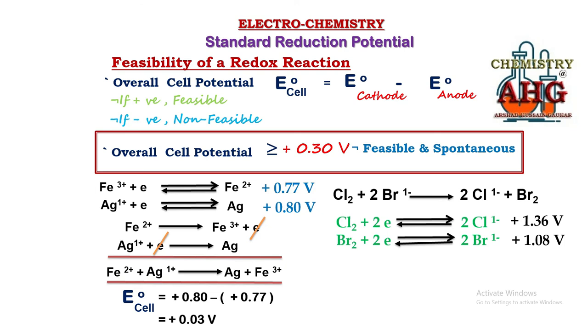So if the chlorine half cell is undergoing reduction, it means Cl2 must be the reactant. Now look at the main chemical equation. In the main chemical equation, Cl2 is the reactant, so it means that this reaction would be feasible. But we can prove it by using the cell potential formula. The cathode is chlorine and the anode is the bromine half cell. If you get the answer, you can see the overall potential of this electrochemical cell is also positive, so it means this chemical equation is feasible.